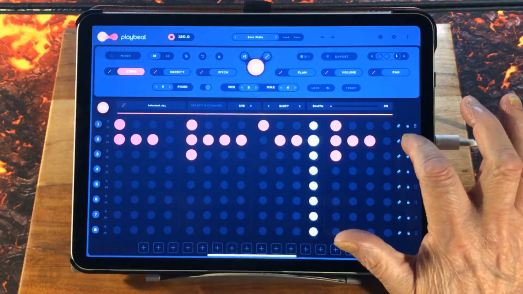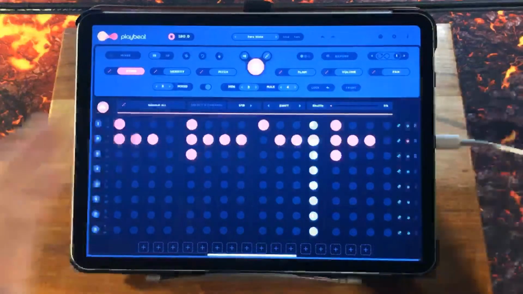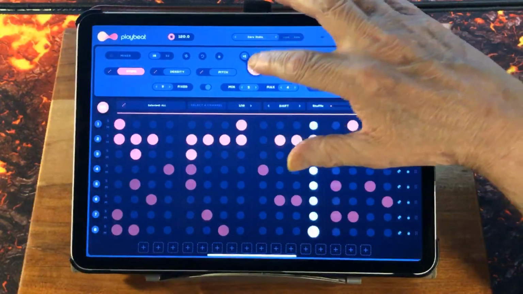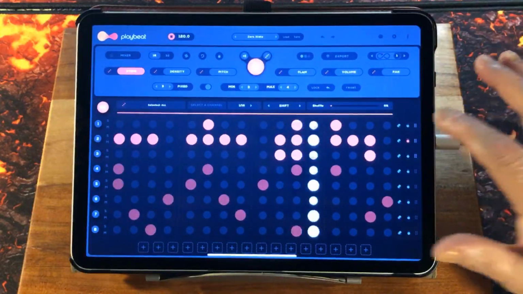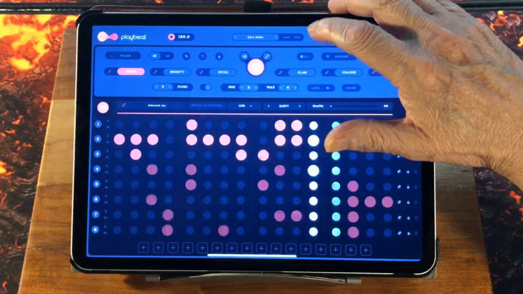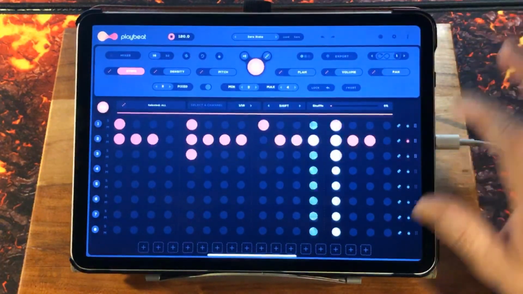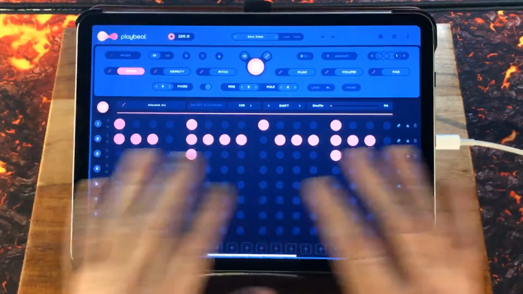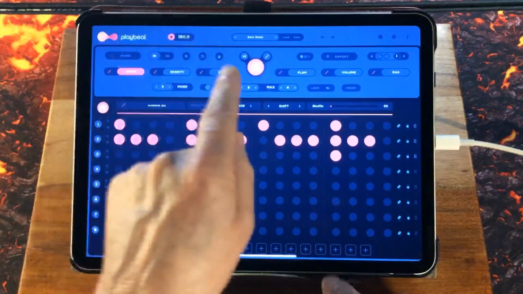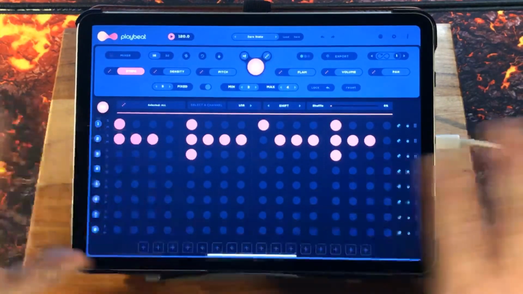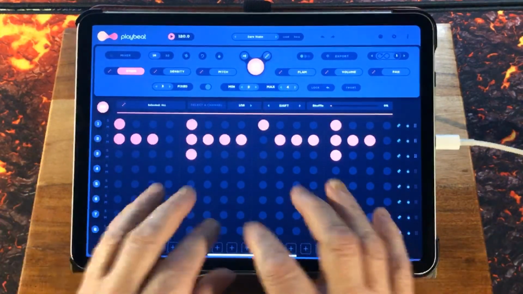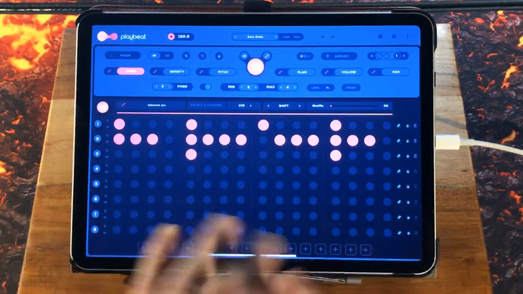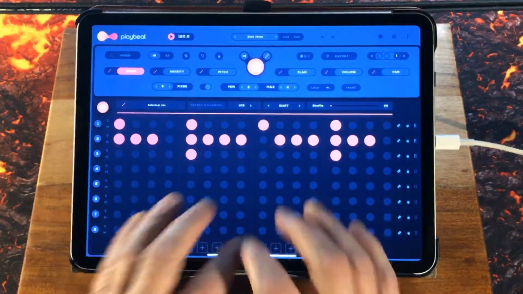We can lock the entire lane, so even when we randomize, it's just going to keep them. It's not going to change any parameter at all on those. Now, the big randomize button will randomize everything. That's why it's filling in stuff that's not even got a sample attached to it. So if you had samples attached to it, it will literally fill the whole thing and